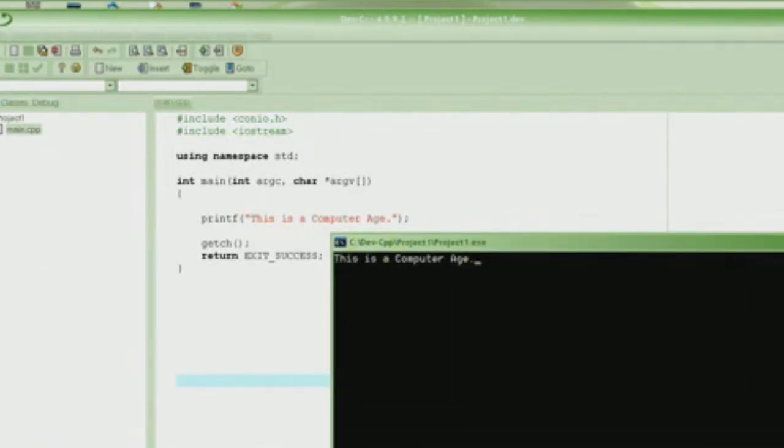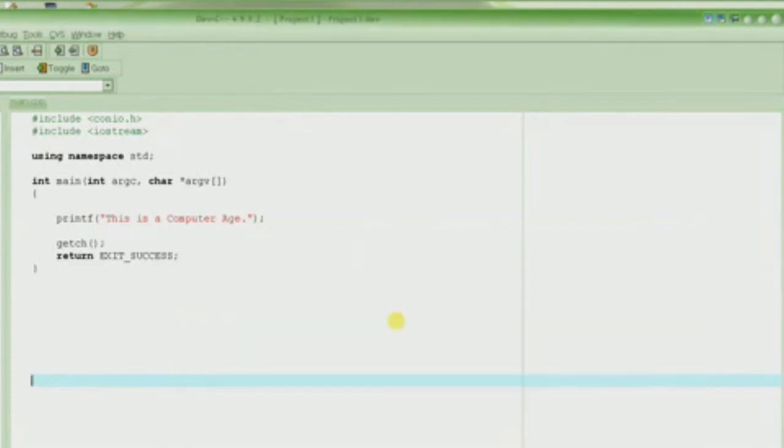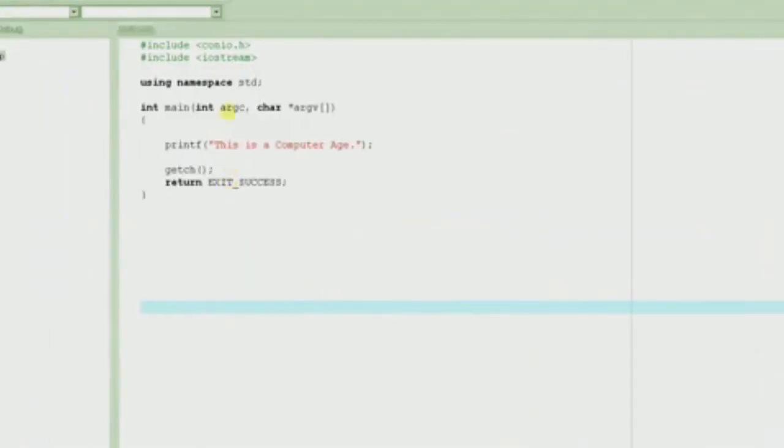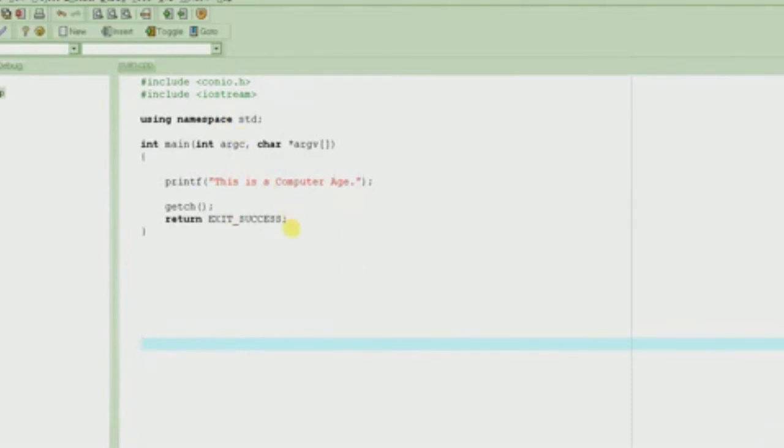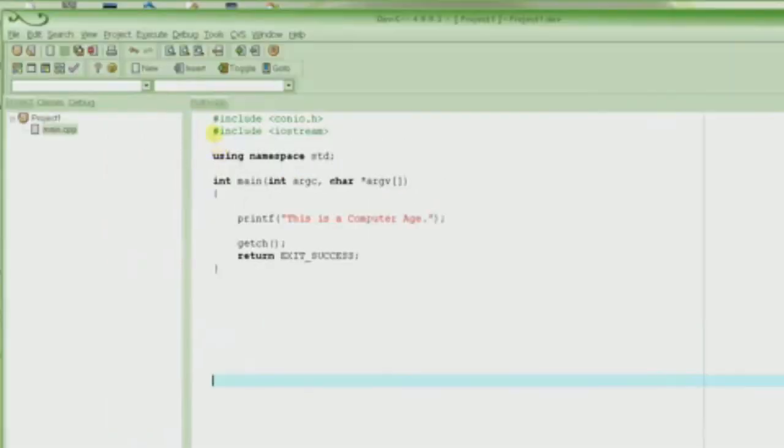This is a computer age, and then you just press any key and the window will go away. So you can see this simple program written in C will print this message here. It's not too exciting, but at least it gives you an idea of what a C program looks like. We will always have these lines here in our program that we started